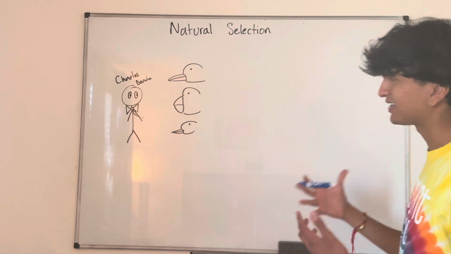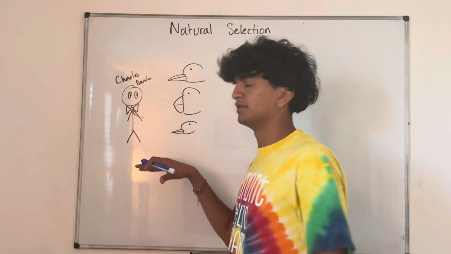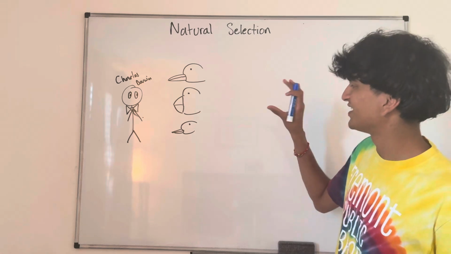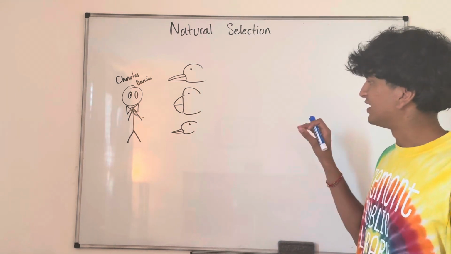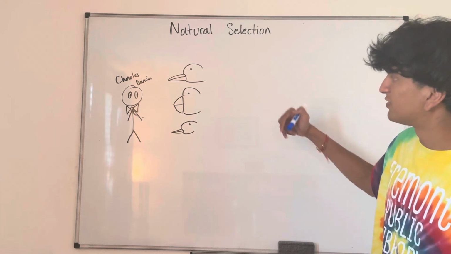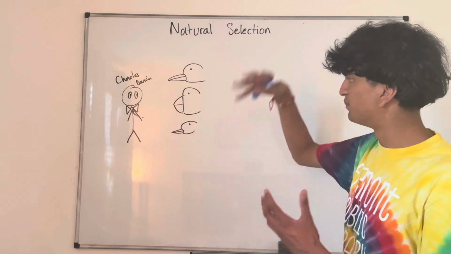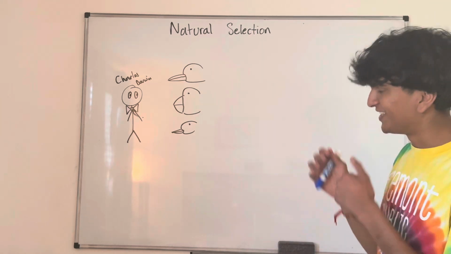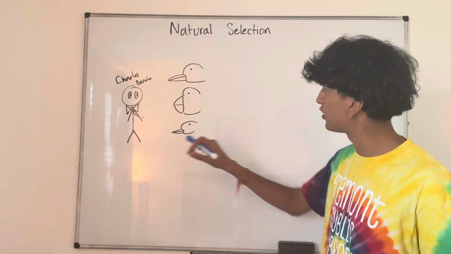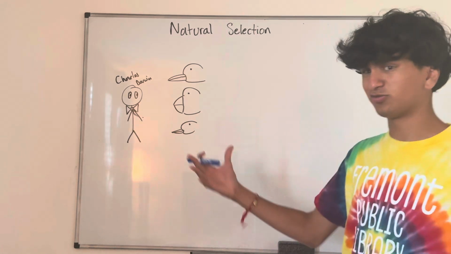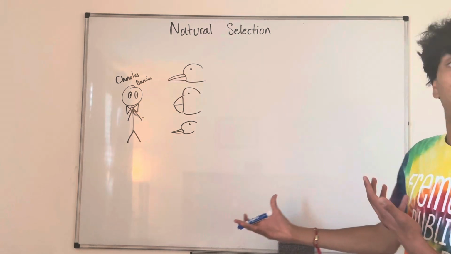The finch that eats a lot of seeds has a really large beak, and the finch that has a really small, narrow beak eats a lot of insects. So he notices that their beaks kind of match what they're eating. The big beak is really helpful for smashing seeds to eat them. The narrow, small little beak can help grab insects, kind of like tweezers. And the sharp, long beak is really helpful for cactus.